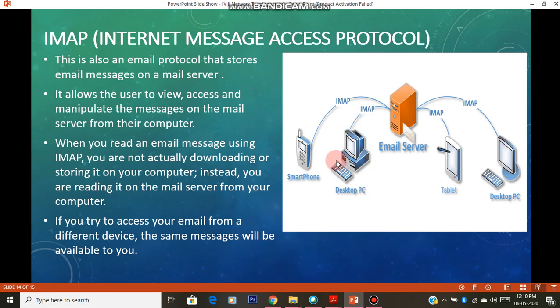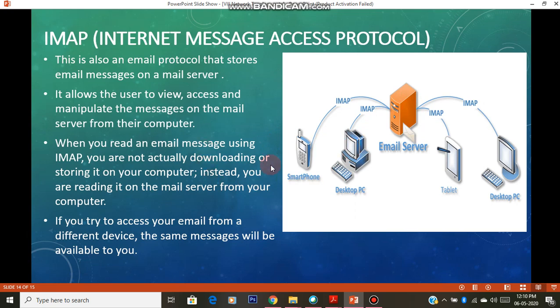And also in whichever device we wish, we can open it with our user ID and password. It can be our phone, it can be our laptop, it can be a computer. It's not like I can see the mail from only one computer. Okay, that is the work of IMAP. IMAP makes the mail stay saved in the server, so that from any of the devices we can access it.